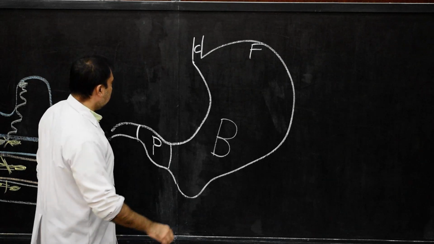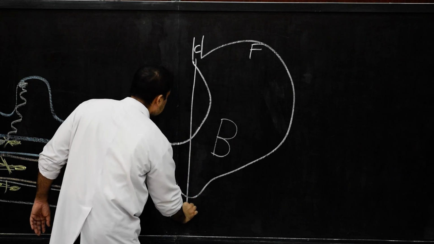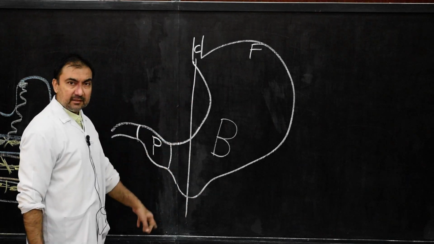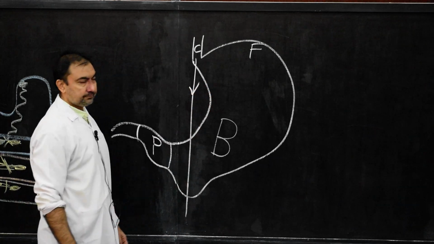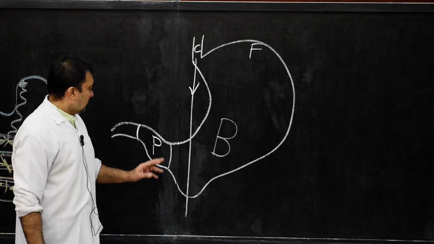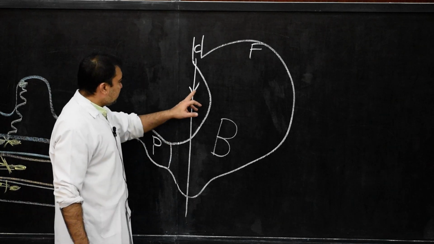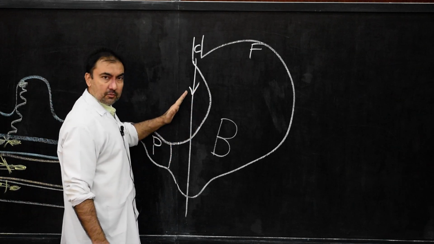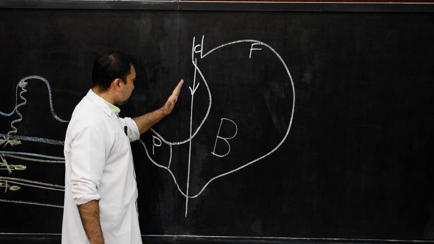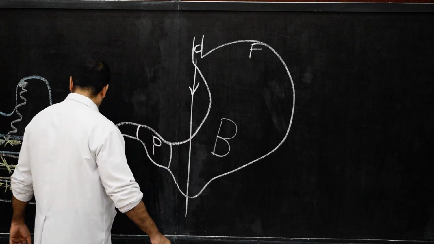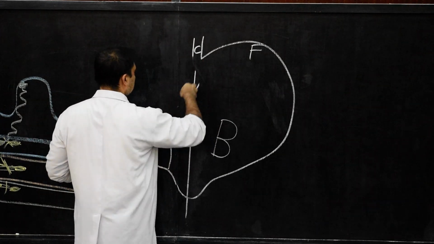What we'll do is, we'll draw a straight line in this way. This is a straight line from cardiac end of stomach, a vertical straight line going down from cardiac end of stomach. Therefore, now what we shall do is, we'll stretch this lesser curvature more on this side, so that this lesser curvature should occupy the right side of the vertical line.